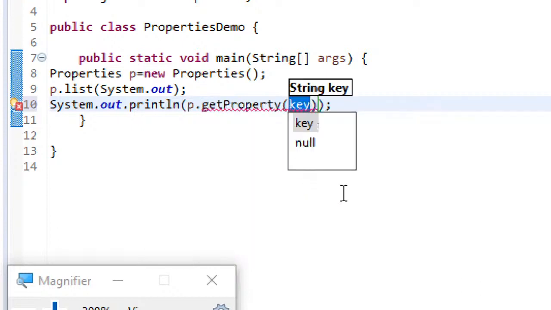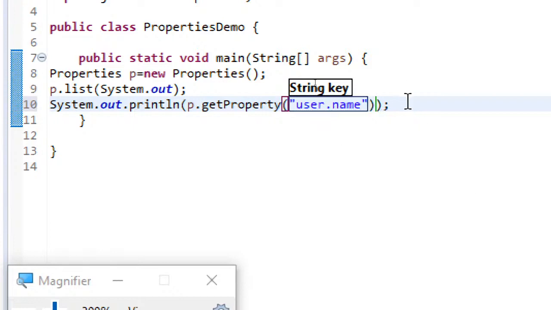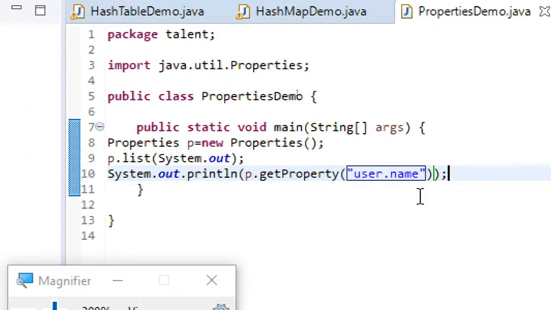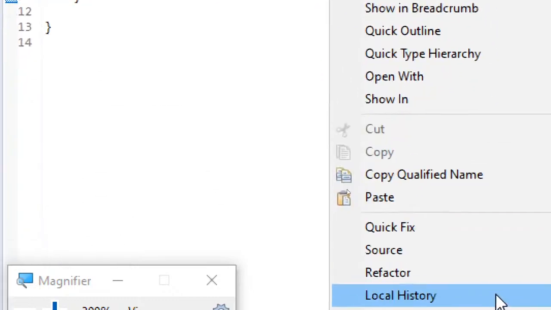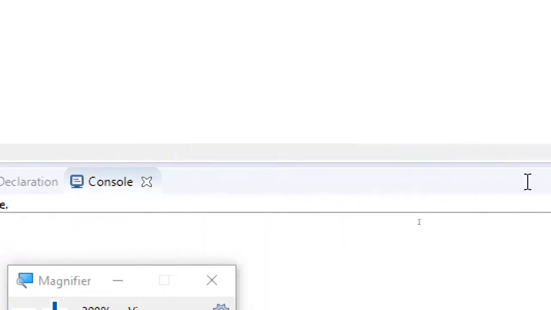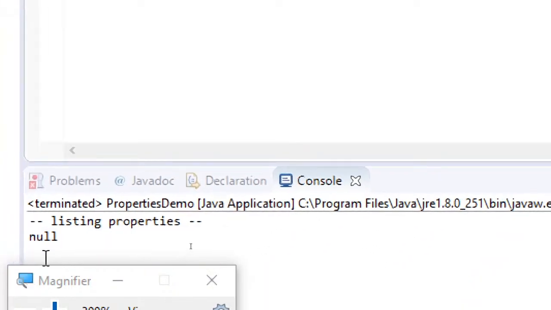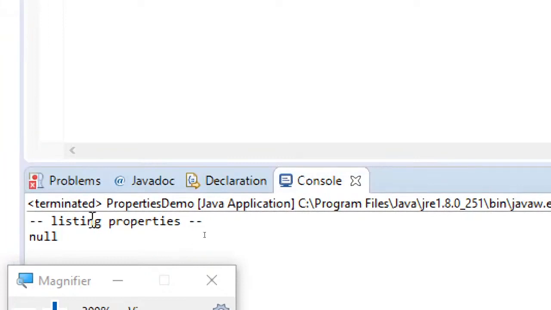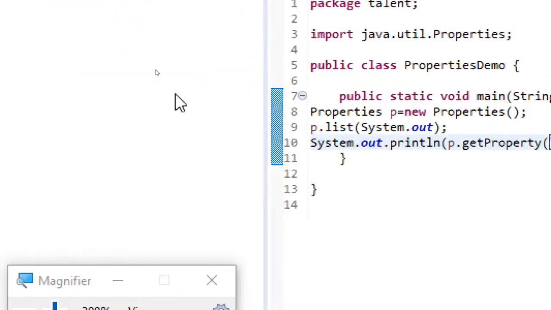So let's use this, and in this, that's the key username. Let's see. So no username is set. So basically this properties class is used to get the properties of the system.